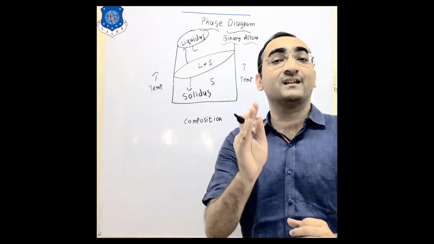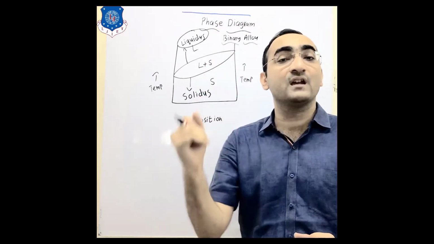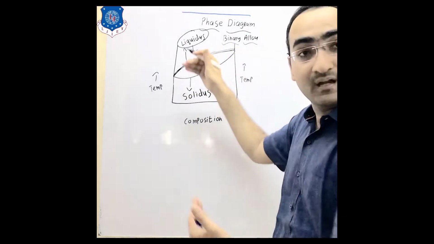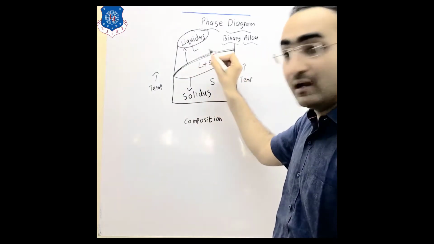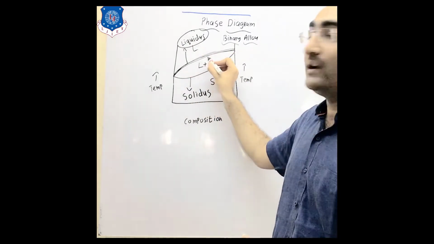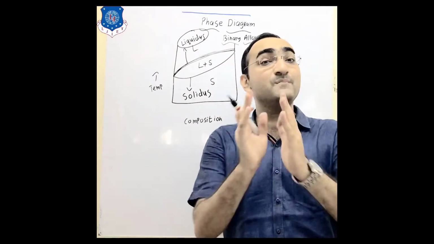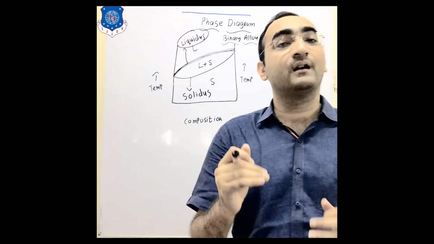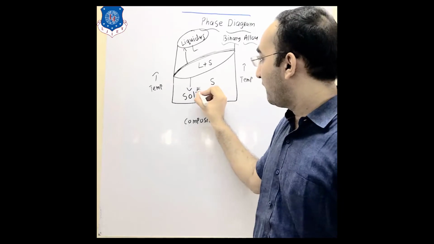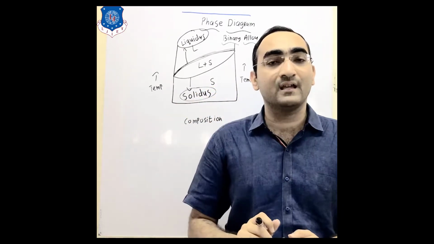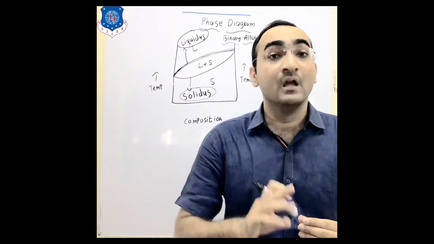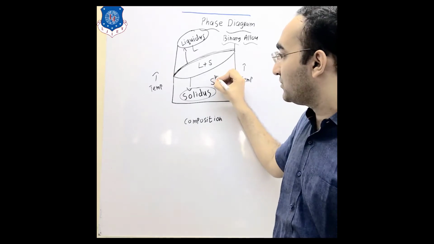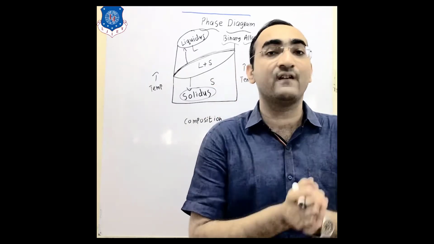The liquidus line is the line below which solidification starts. That means if you go underneath this line, you see a solid state starts coming. An imaginary line below which the solidification of the metal starts. In the same way, if you go for the solidus line, what does this solidus line give you? The solidus line is nothing but the imaginary line at which the solidification ends. That means after this you can see only the solid phase is present.